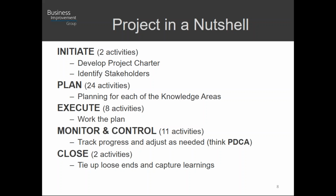We want to develop a project charter, and we want to identify the stakeholders. The second step is then to plan. There are 24 different activities that we can do in the planning phase, and we're basically planning for each of